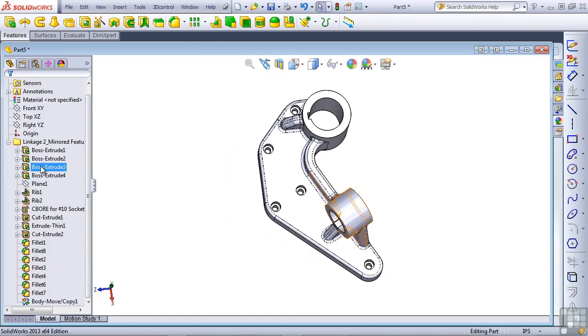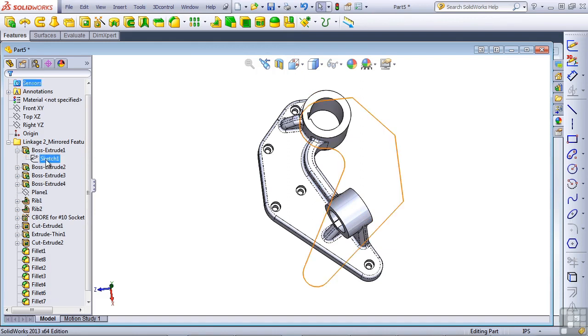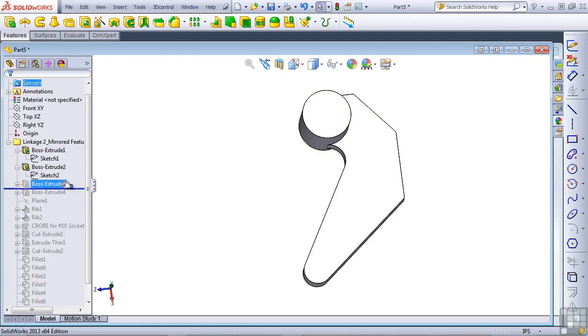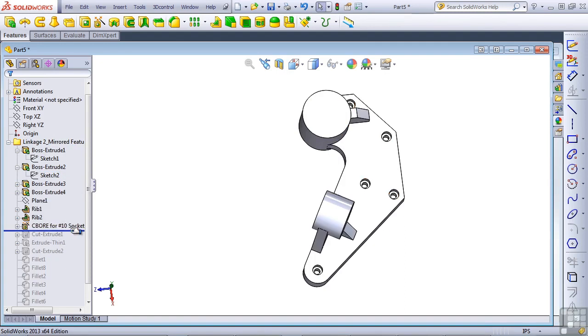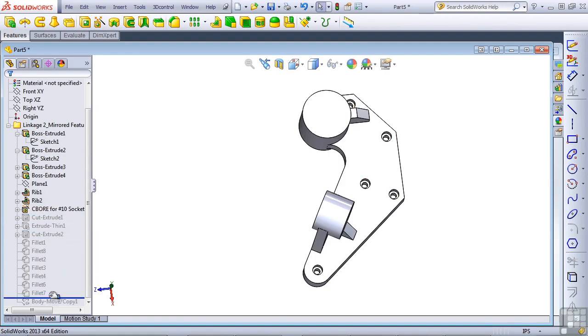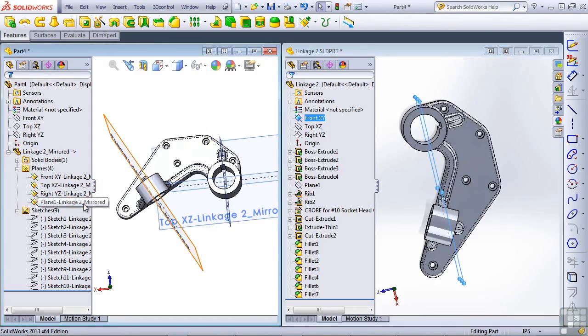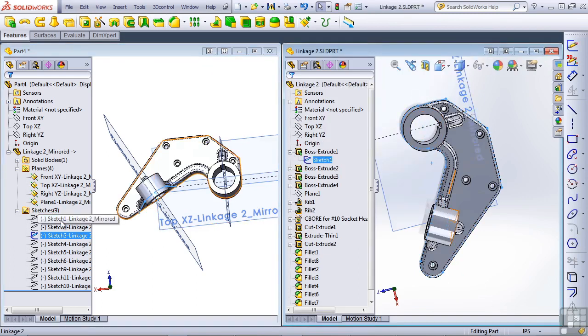If we look at the original sketch, everything is in its original position. And in fact, if we roll the model back, everything is made in the original orientation of the first part until we get to the end, and then the final feature just flips the part over. If we look at the part that was mirrored without breaking the link, this, interestingly, has each of the sketches in their mirrored position, rather than having the sketch in their original position. And it's interesting that SOLIDWORKS has the capability to mirror all the sketches, but when it breaks the link, it